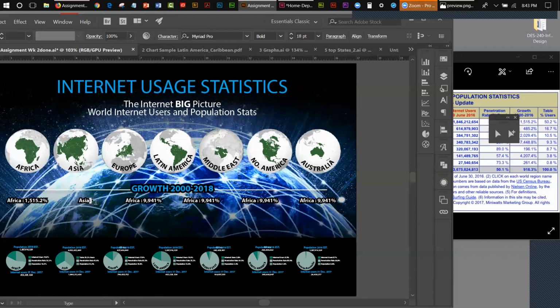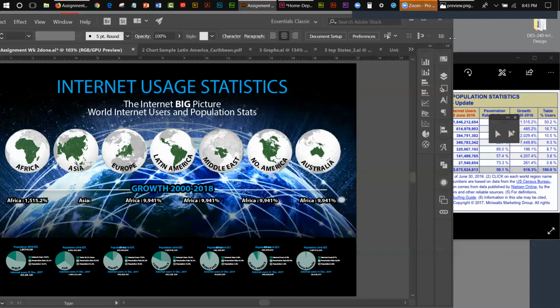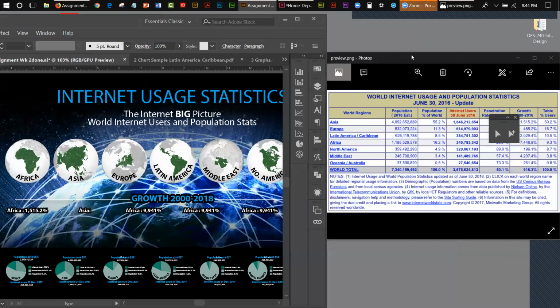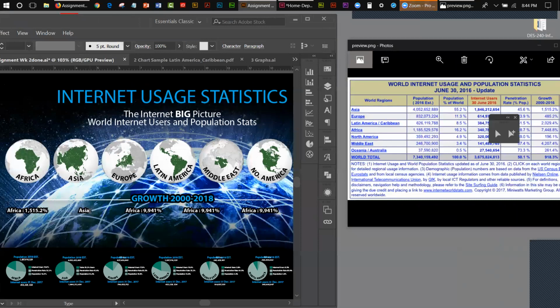At any rate, I put the wrong number in because the problem I'm having is I can't see everything. It's hard when you don't have everything showing here. I'm going to try to move this over in such a way that I can see it. It's very hard to do this when you don't have everything showing. Okay, so Asia, let me get this out of the way. All right, here we go. Asia, and it's going to be,